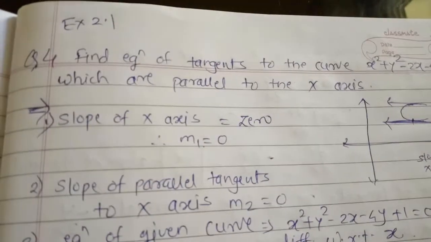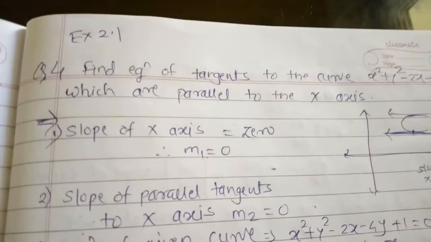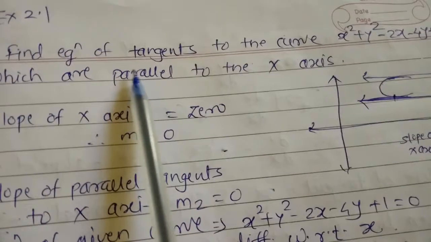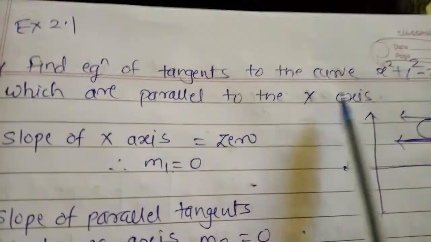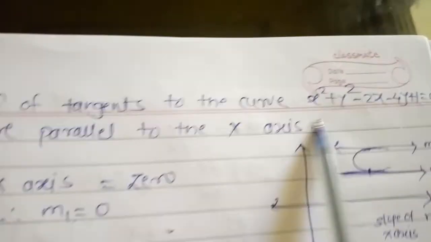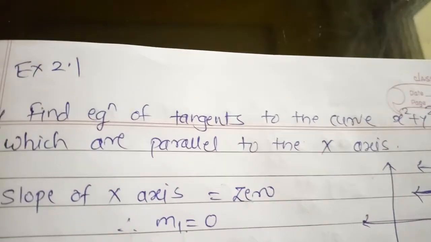Hello students, now I am going to continue the chapter Application of Derivative of 12th Standard, Exercise 2.1, question number 4. Find the equation of the tangent to the curve x square plus y square minus 2x minus 4y plus 1 is equals to 0, which are parallel to the x-axis. So see,